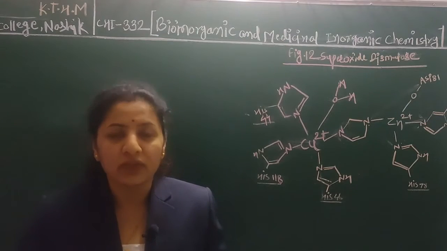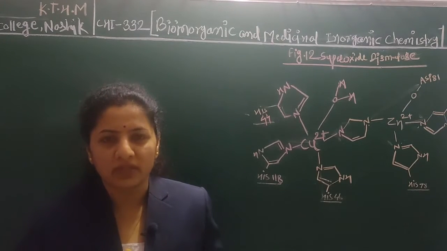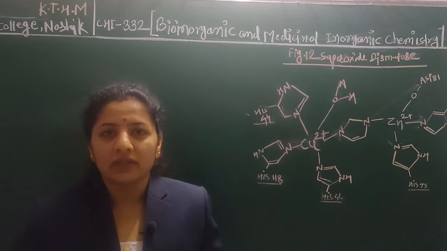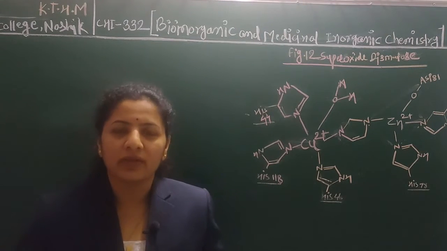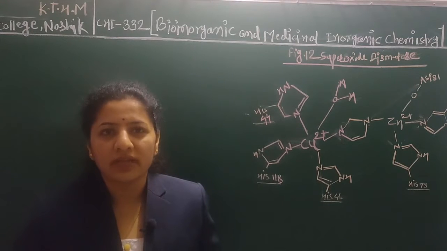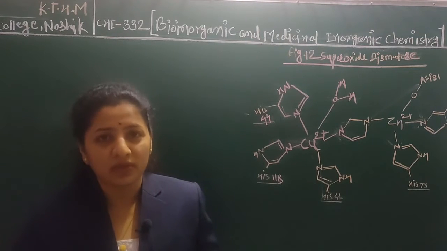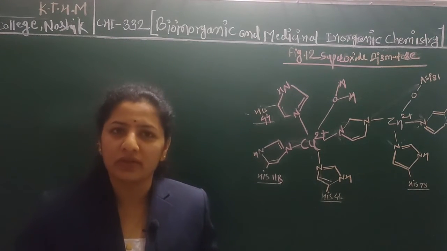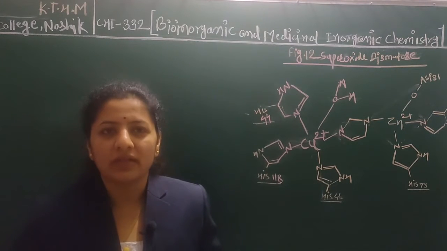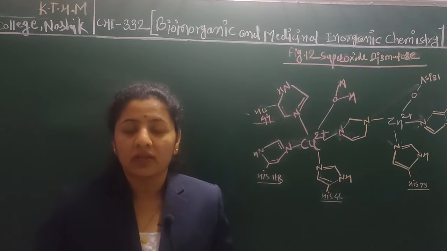superoxide. It is a byproduct which is produced in the metabolism of oxygen. If it is not regulated, superoxide causes cell damage. So superoxide dismutase can disproportionate this superoxide into ordinary oxygen and hydrogen peroxide. So let's discuss the structure of